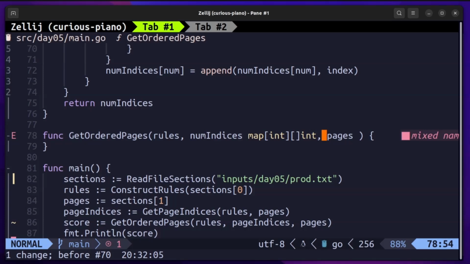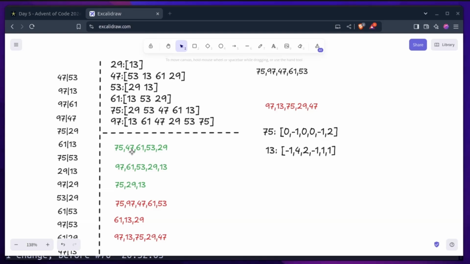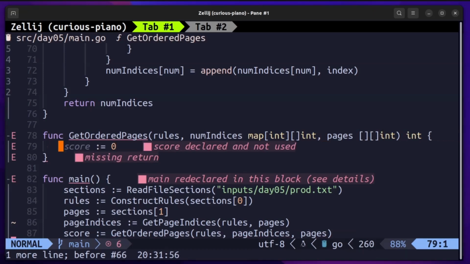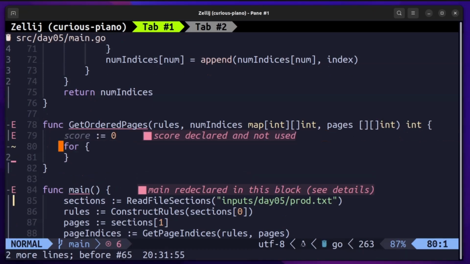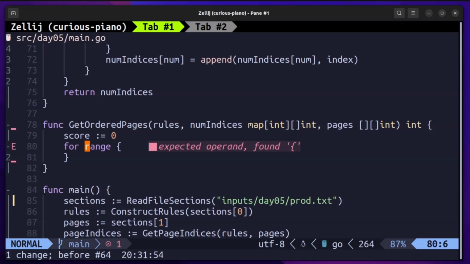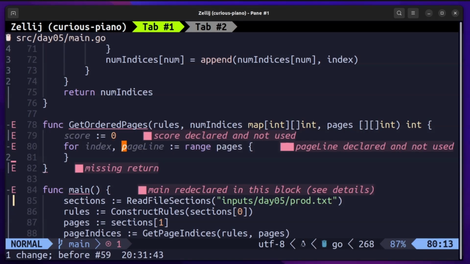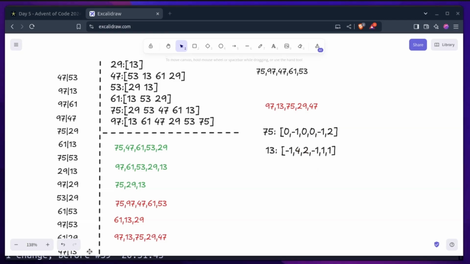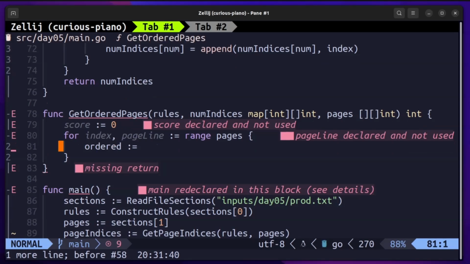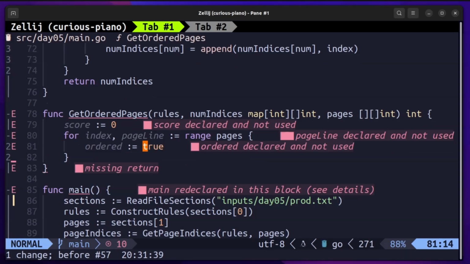We need to do it update by update, that is one update at a time. So we need to iterate over all the pages, that is updates, and we'll return the score, which will be a single integer value. So we'll iterate over the pages and we'll grab the index and the page line. So page line will be the entire list, correct? So we are iterating over all the pages, so page line will be the entire list,